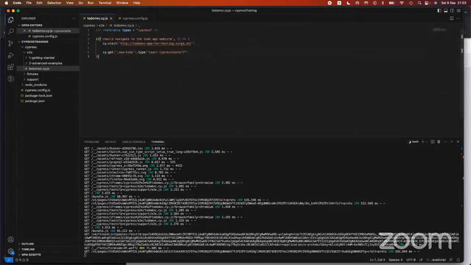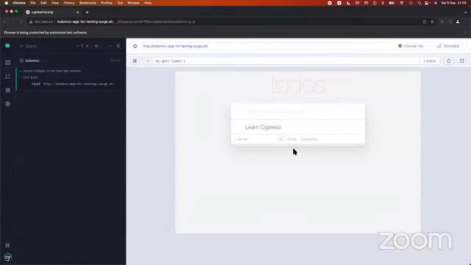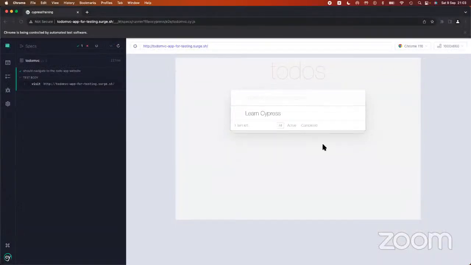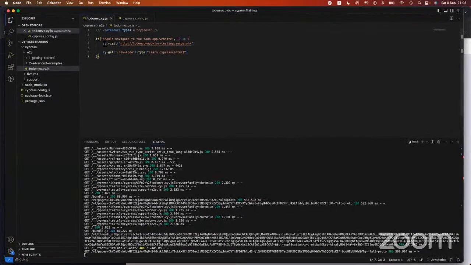So I think I made a mistake having this one here, so let me just get this deleted. Right, so in my Visual Studio Code, I want Cypress to go to this URL, and I want it to add a new item to the to-do list called Learn Cypress,